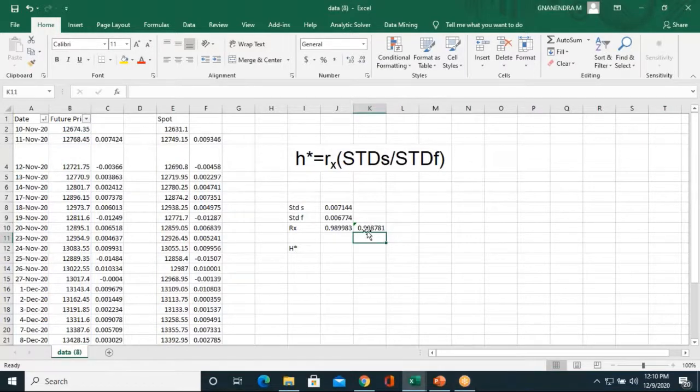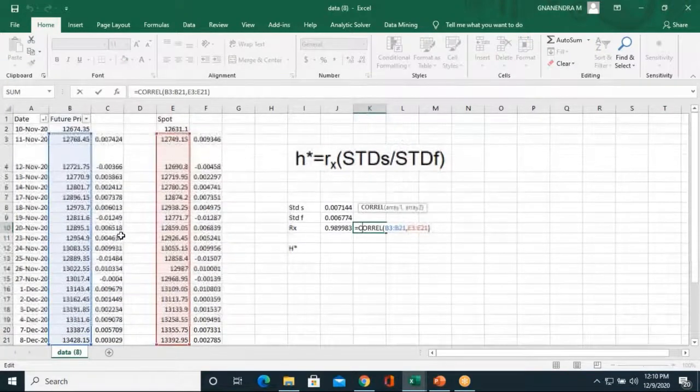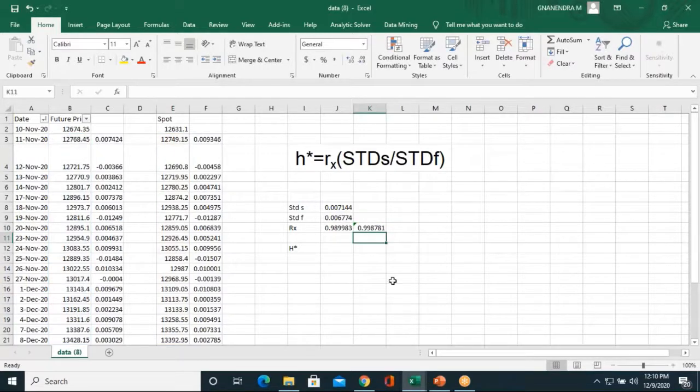And still I'm getting a slightly different answer. Okay. Usually you should get the same answer, but it's okay. 99.87, but still this is recommended to calculate on returns, because the equation, if you see,